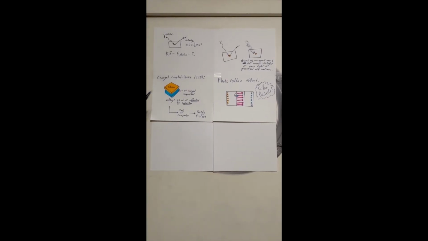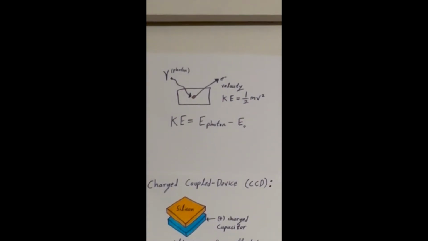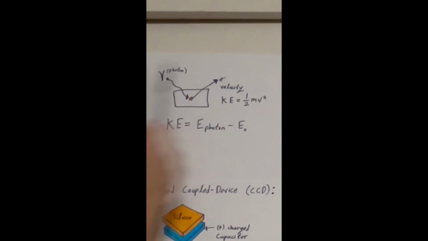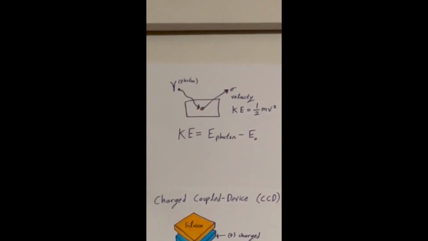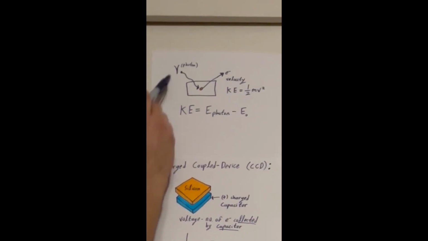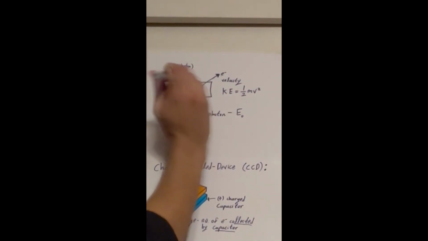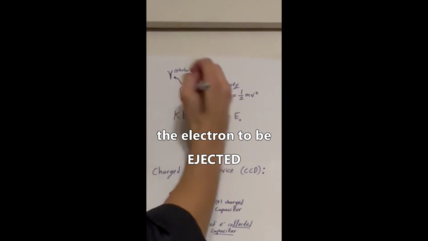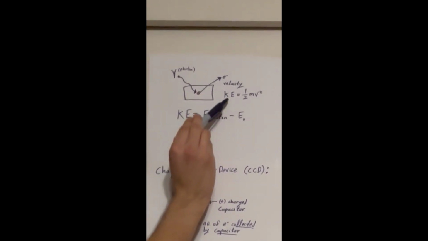So I wrote a few things down regarding the photoelectric effect, both conceptual and its applications. We can start here, and this explains the core of the photoelectric effect. The photoelectric effect basically happens when a photon with enough energy strikes an electron on a metal surface to dislodge the electron, and for the electron to be ejected at a certain velocity, and